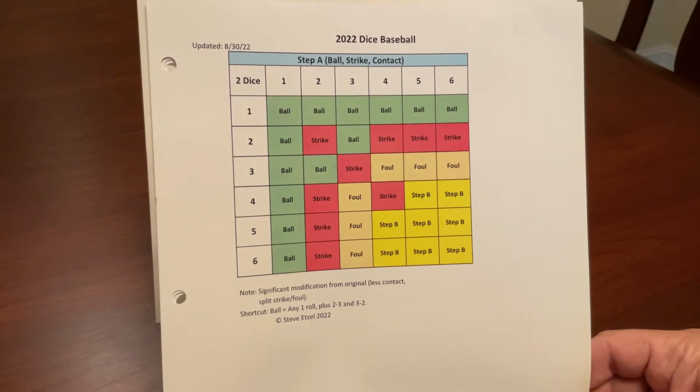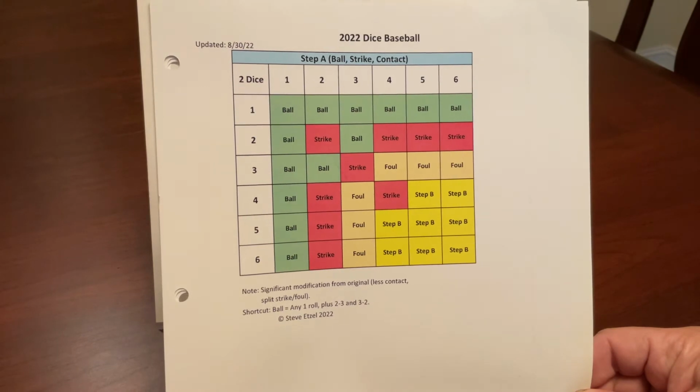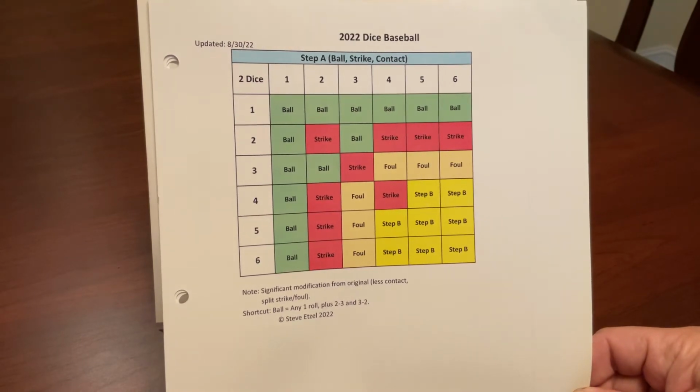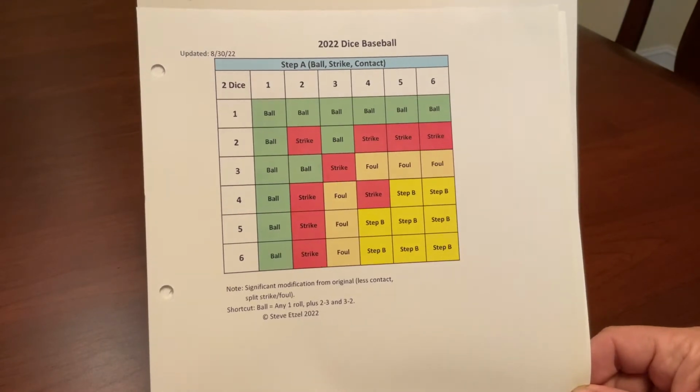If there's a 1 in either dice, it's a ball, and then you move on. Oftentimes, if there's a 2 in the roll and not a 1, it might be a strike. And then the higher rolls are going to get you contact or put the ball in play. Once the ball's in play, you go